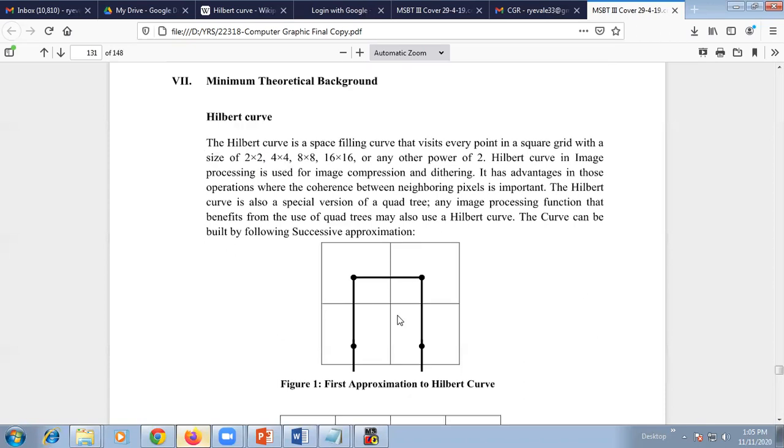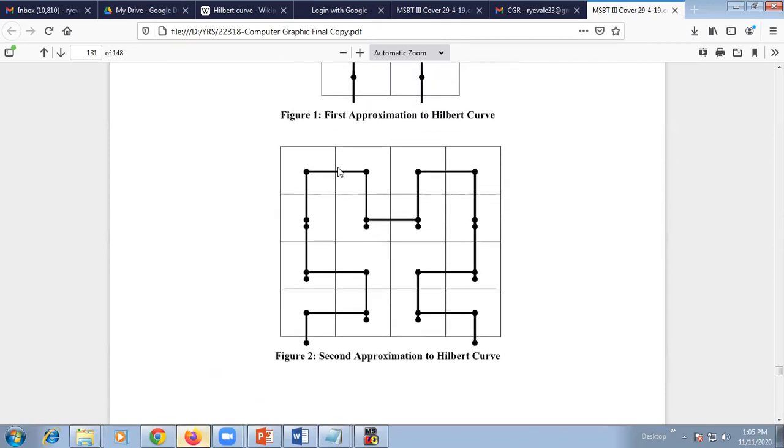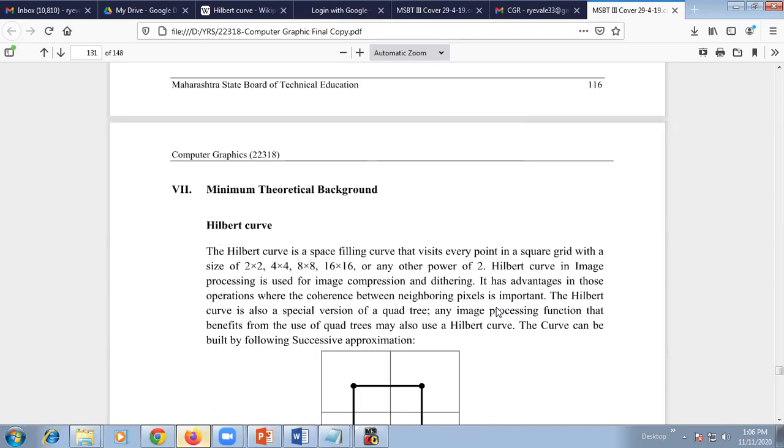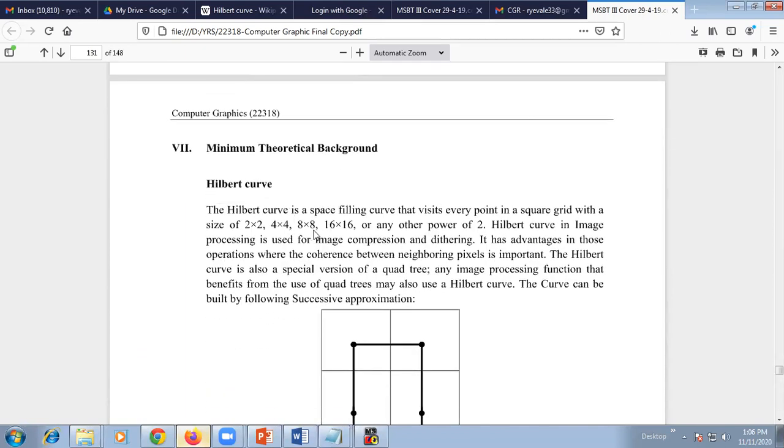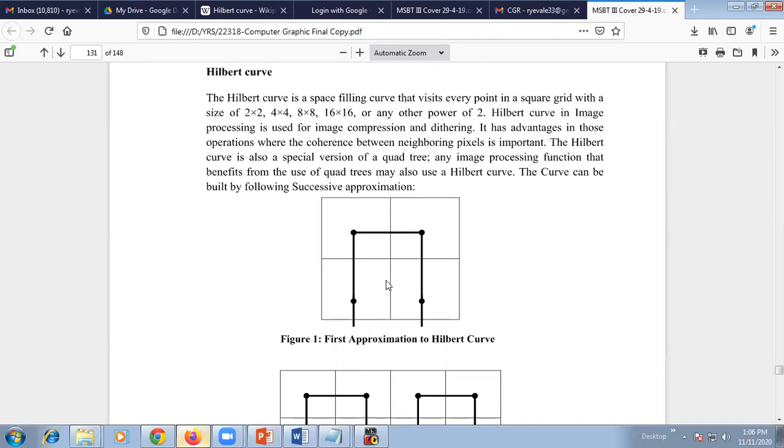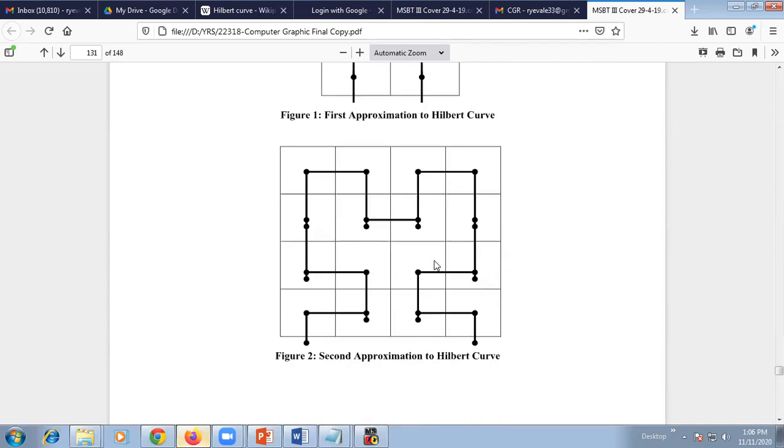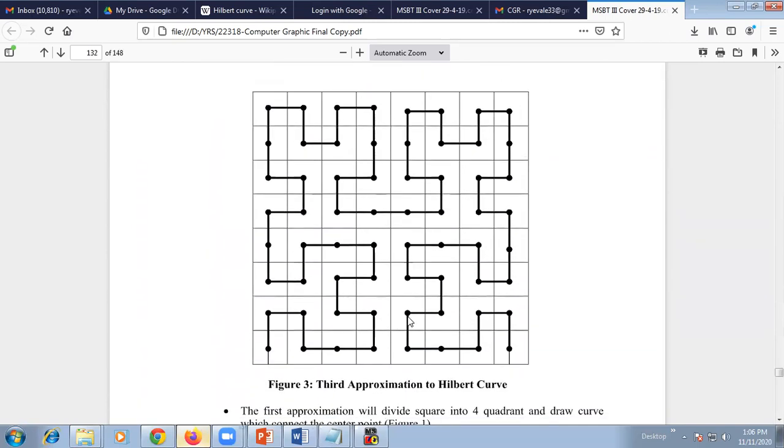Then 4 into 4, here 4 and here 4. Then 8 into 8, likewise up to powers of 2. So the first Hilbert curve, the first approximation, is 2 into 2, then 4 into 4, then 8 into 8.